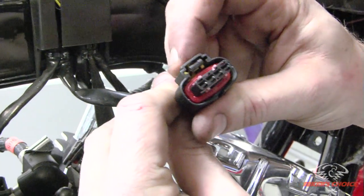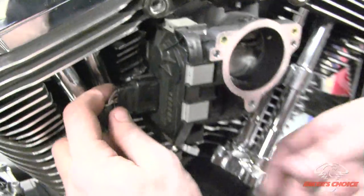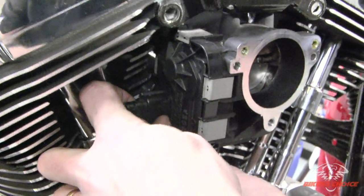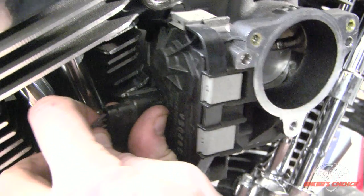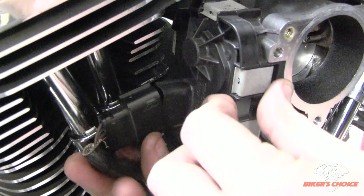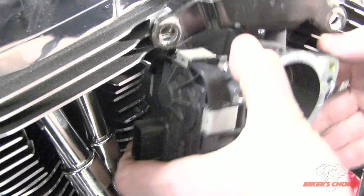Okay, you got a tab there that basically you can squeeze and slide off. And also the throttle by wire servo motor. Pull this connector, just squeeze and slide. The connector tab is on the back side. Slide that off. And now that we got all the bolts loose,